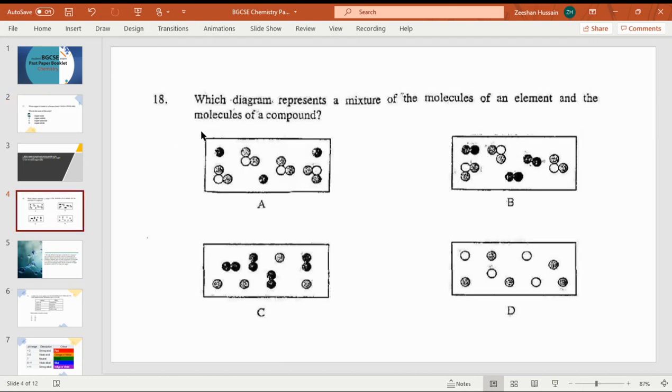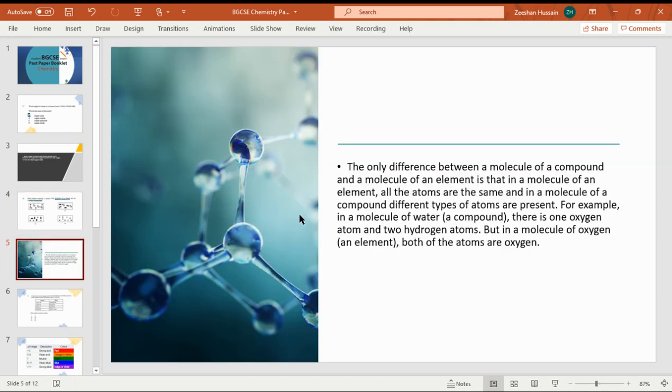So the next question is, which diagram represents a mixture of molecules of an element and molecules of a compound. So let's study this. The only difference between a molecule of a compound and a molecule of an element, see carefully, is that in a molecule of an element all the atoms are the same, and in a molecule of a compound different types of